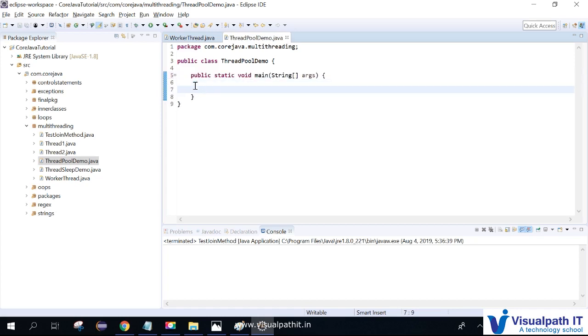Remember guys, this is very important. To create a set of threads in Java, there is a class called Executors. Executors is a class used for creating n number of threads. The way to do this is